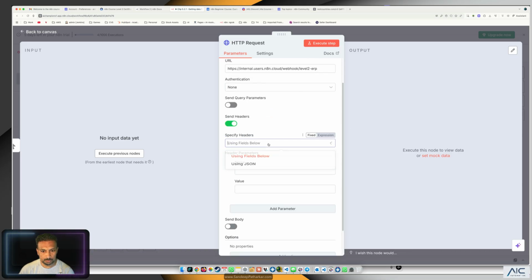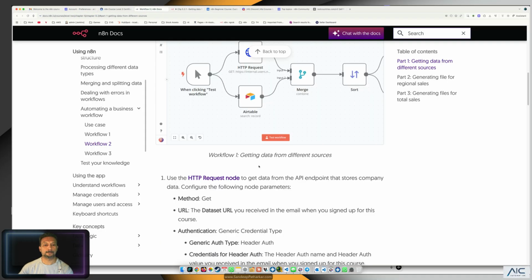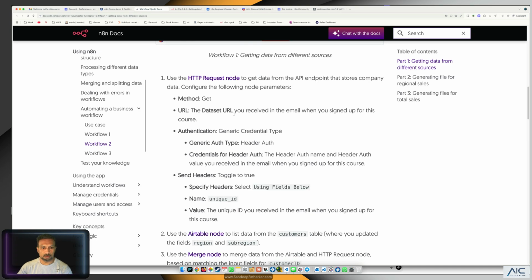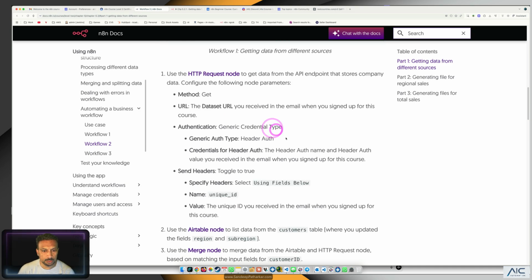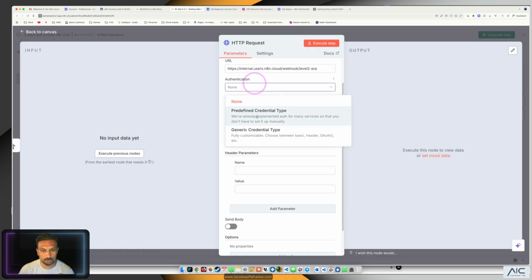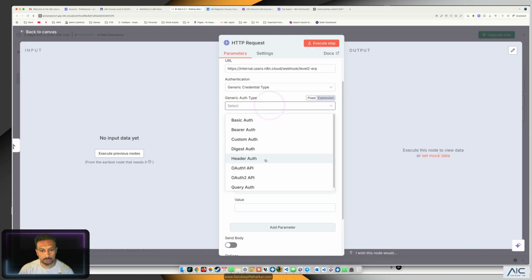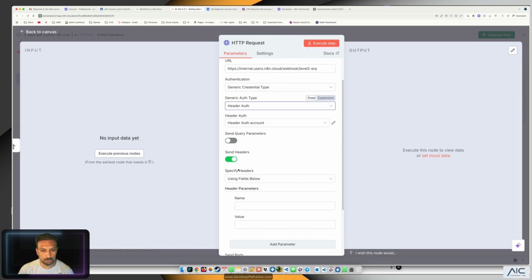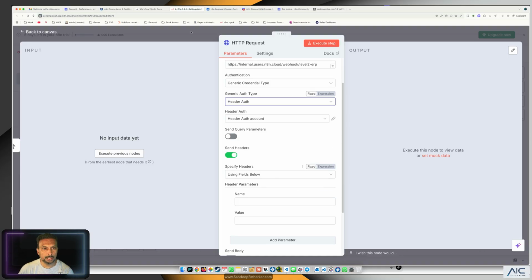Send headers. Yeah, let's see what it is saying. The dataset URL. Authentication generic credential type, header auth. I'm going to choose header auth. Perfect. And we're going to send the header parameters,